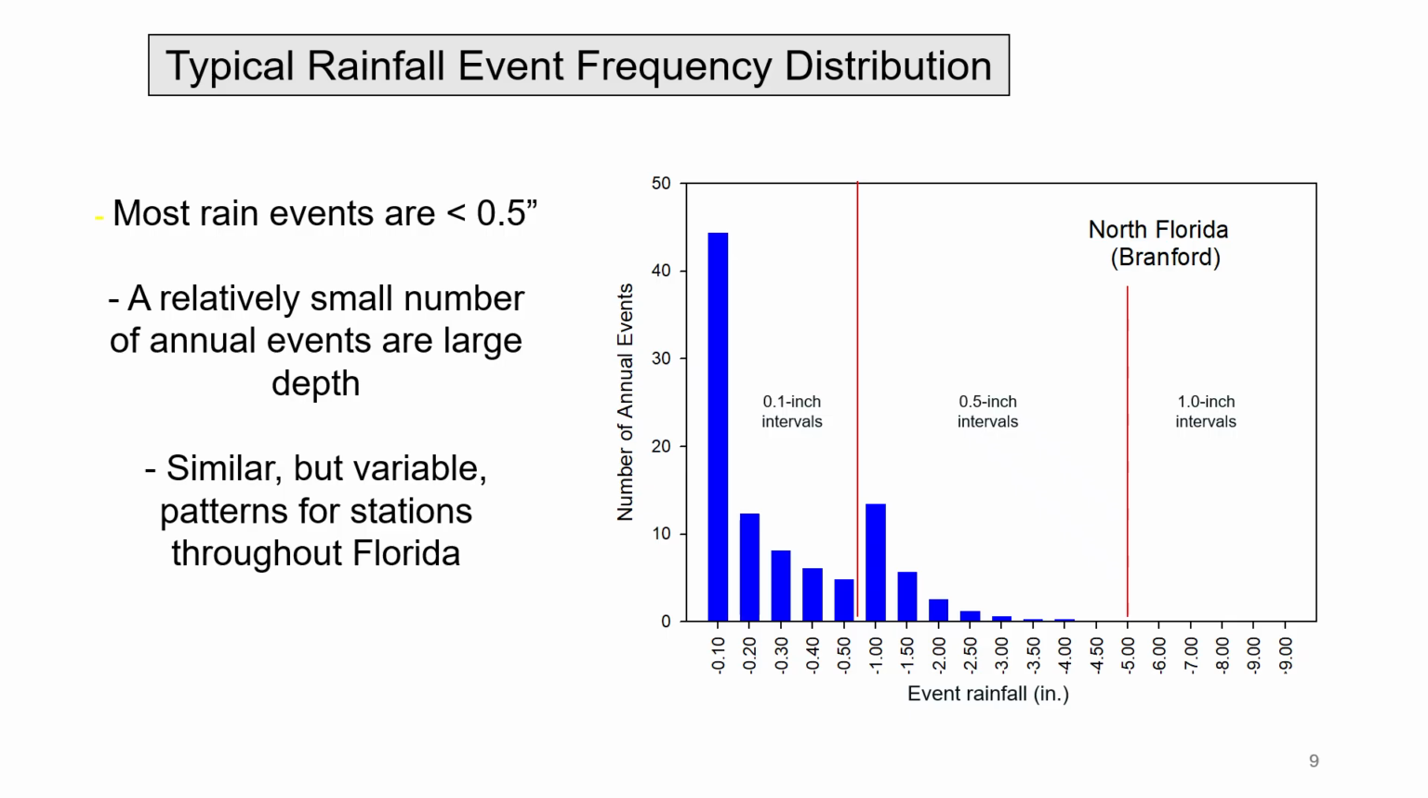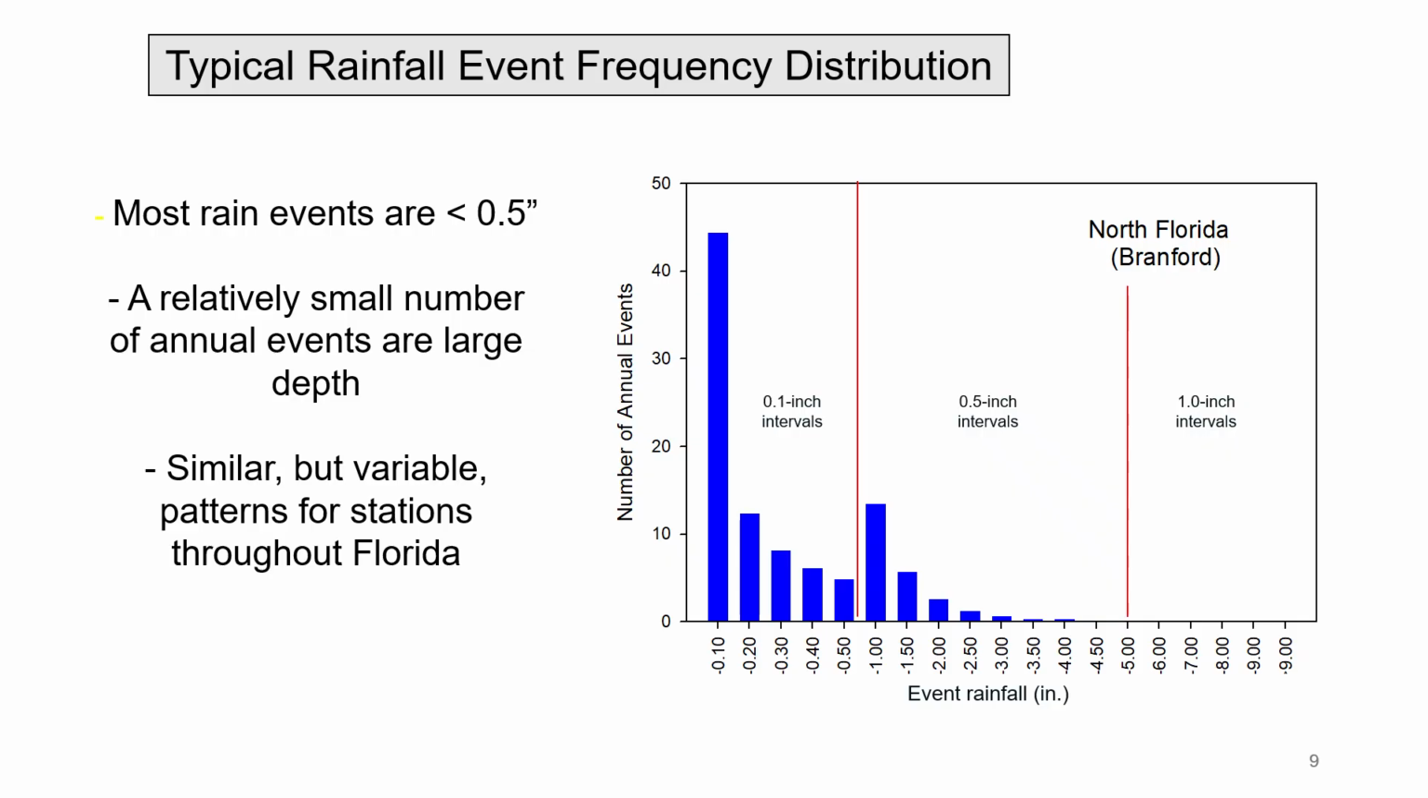This graph displays a typical rainfall event frequency distribution. What we observe here is that the vast majority of individual rain events are relatively small in magnitude. Specifically, more than 50% of independent rainfall events measure less than half an inch. Expanding on that, approximately 90% of these events are less than 1